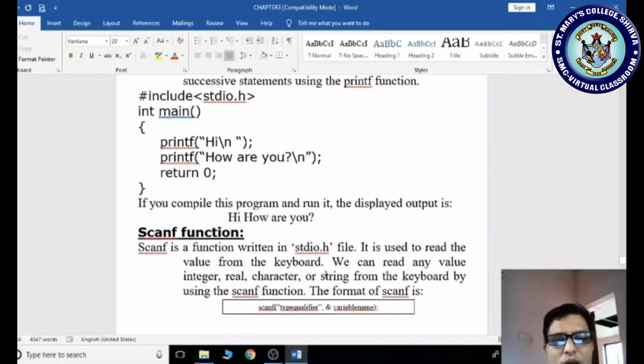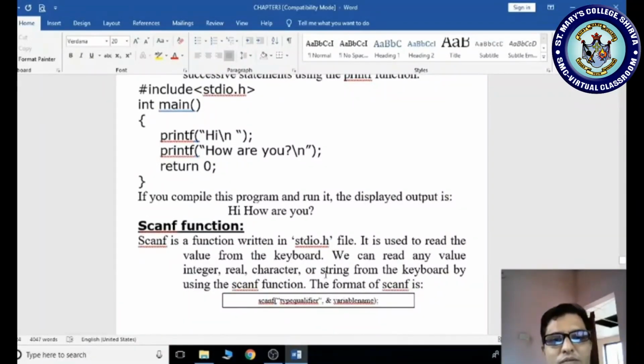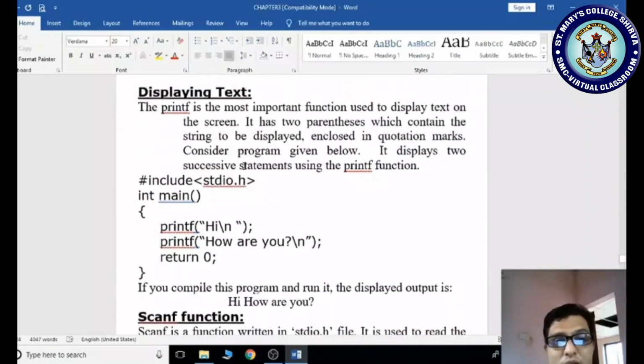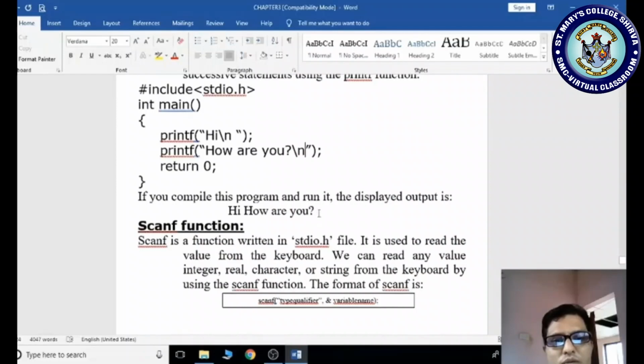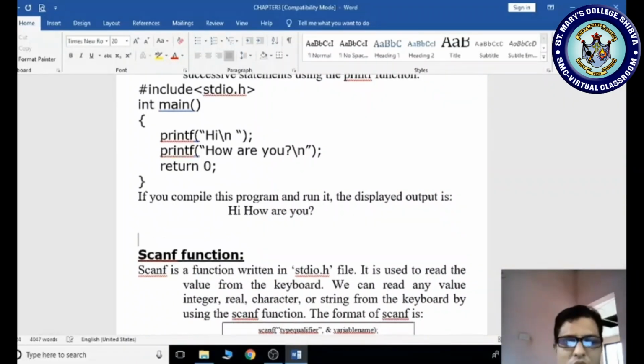Okay. Now we are moving to the scanf function. This printf and scanf function is also asked for 2 marks. We have to see the syntax of the printf function. Okay. Now let us see here. It is not there. I am typing syntax of printf. Okay. So let me check. Already you are familiar. Even though we are familiar, we will see.